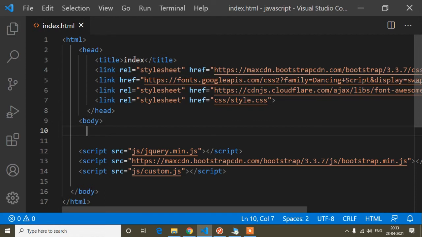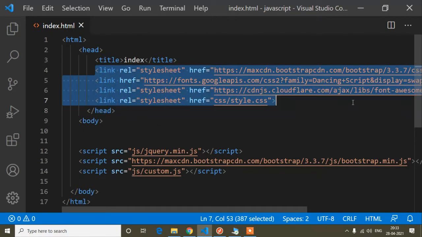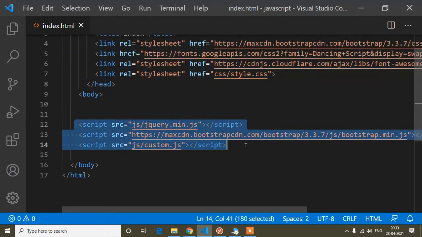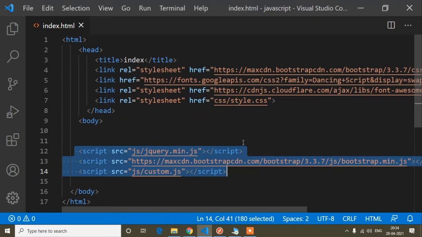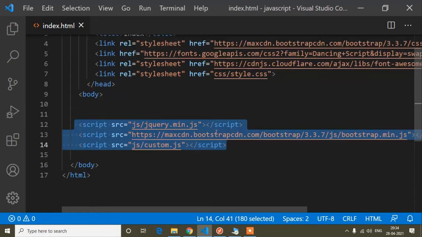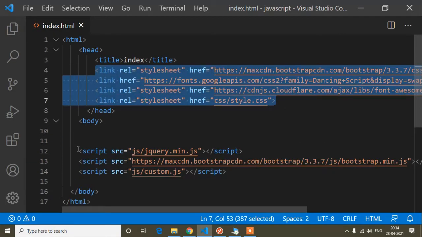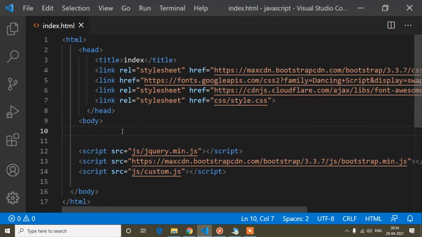Okay guys, first of all I will open my Visual Studio Code editor. Here you can see I have opened my Visual Studio Code editor, and this is the index.html file. Here I will implement this functionality. This is the Bootstrap CSS link, the Google Font Awesome link and custom CSS. Whatever links I have written inside this head tag, and this script link, we don't actually need for this functionality, so don't focus on them. Now I will start to write the code.